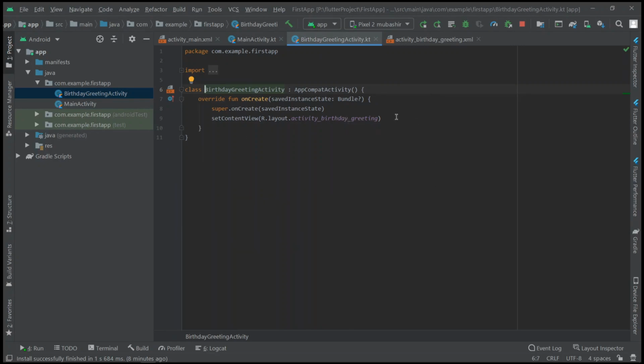So here we need to receive that, right? For that, let's make a constant variable here.